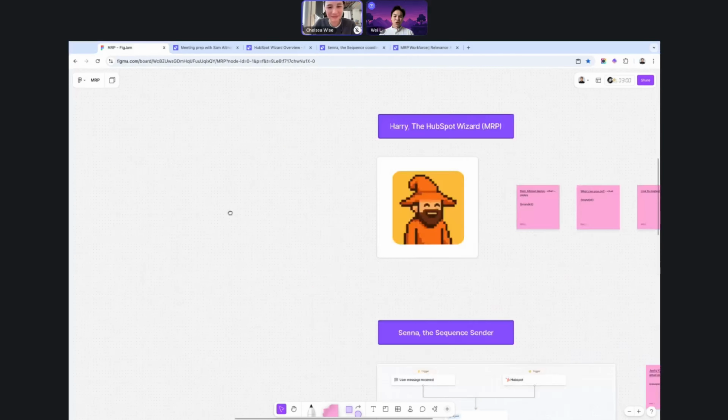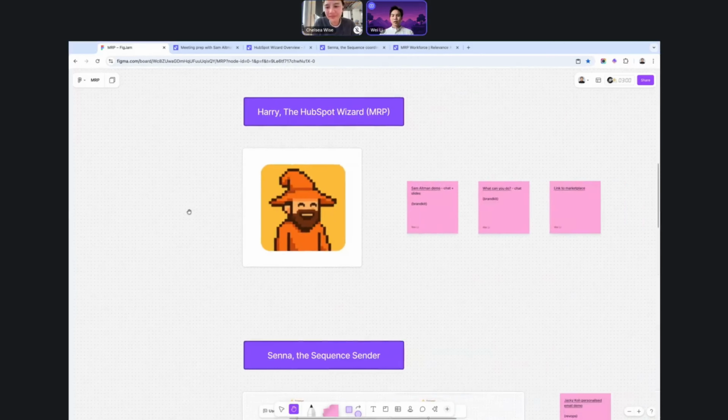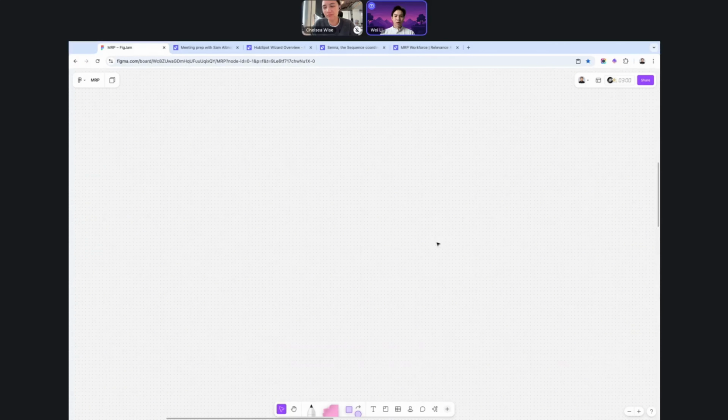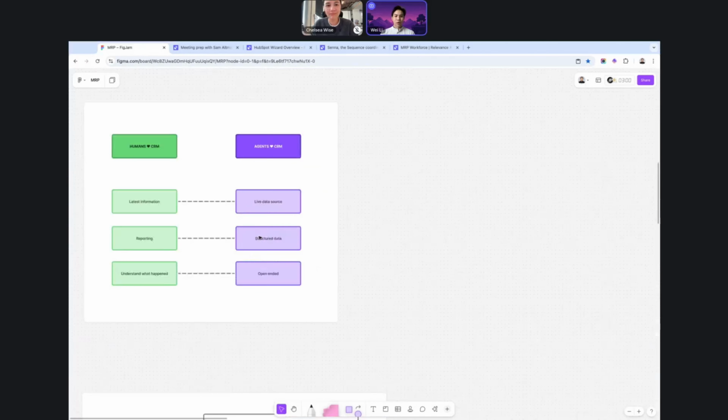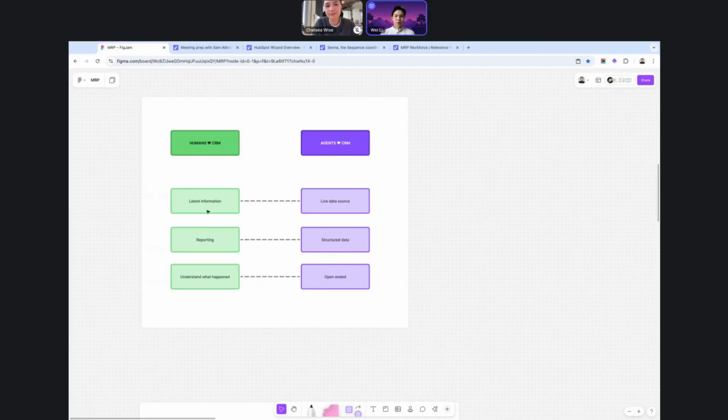Yeah, thanks, Dean. So I wanted to start there because those are the parallels between how humans use the CRM and how agents will also use the CRM. Notice that these are not arrows that go in one direction. It's both directions. When an agent does something in a CRM, the humans get to enjoy that because they get to use that information as well.